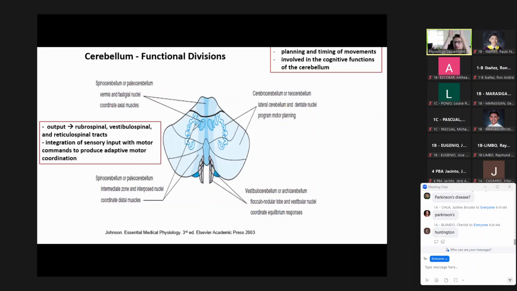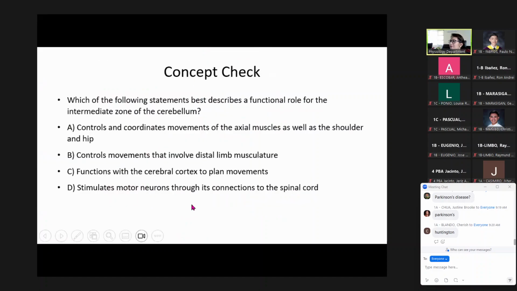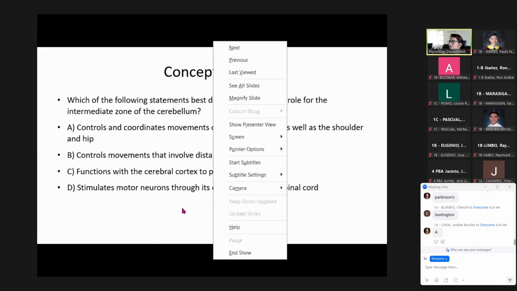Ang vermis, yung gitna, di ba? Sa tabi ng vermis, intermediate. And then doon sa gilid, yun yung lateral. Okay. A. A, ano ba yung A? Okay, controls and coordinates movements of the axial muscles as well as